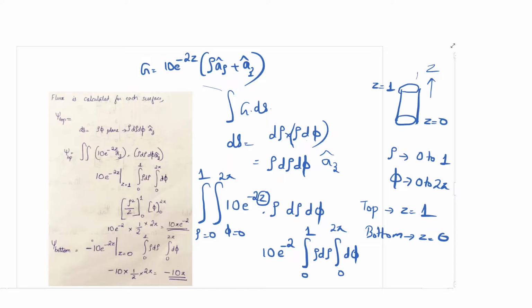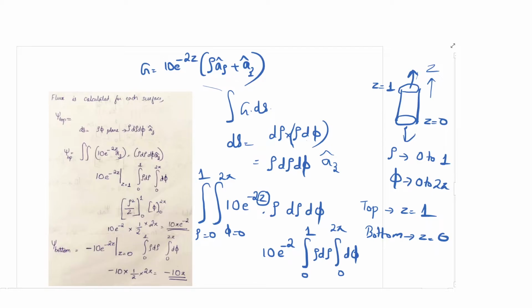The same method you are applying in the bottom part also. The only difference is instead of AZ you give minus AZ. So there will be a negative sign here. Instead of AZ it will be minus AZ. Why? Because area here it is AZ, here it is minus AZ. That is the only difference. The rest of it is same. So negative sign is coming, and based on that